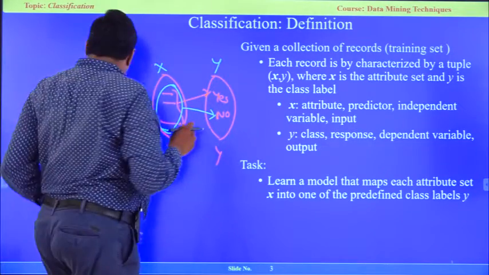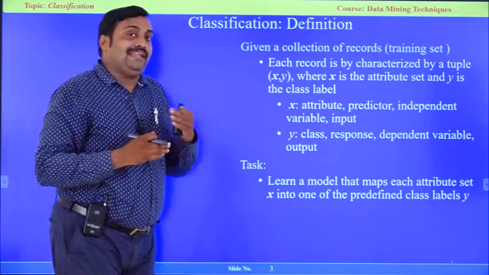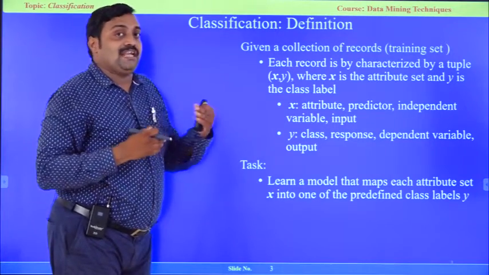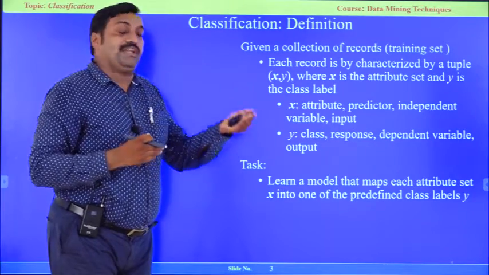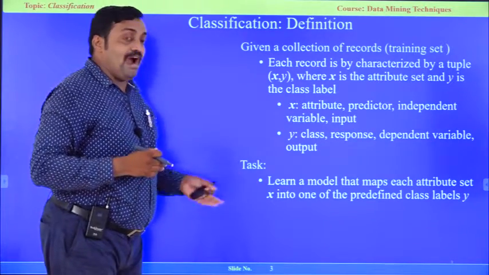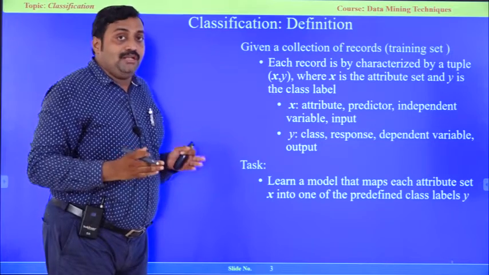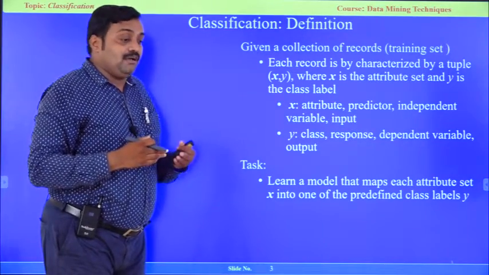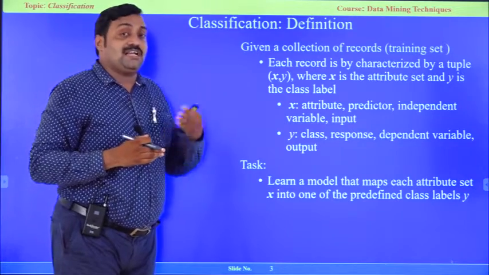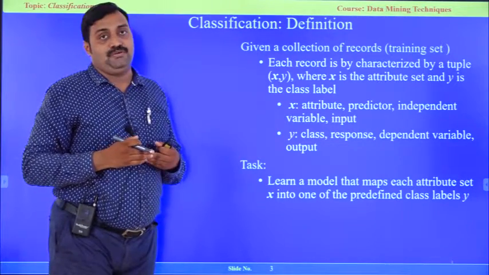So what we have to do is train on a lot of predefined classes. From that, we can predict future records. Our task is to design a model. From that model, we are going to predict the class of future objects for the incoming input.